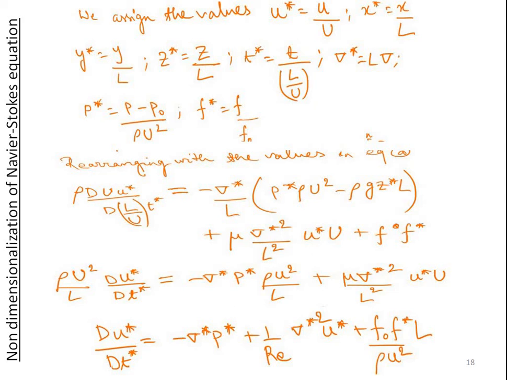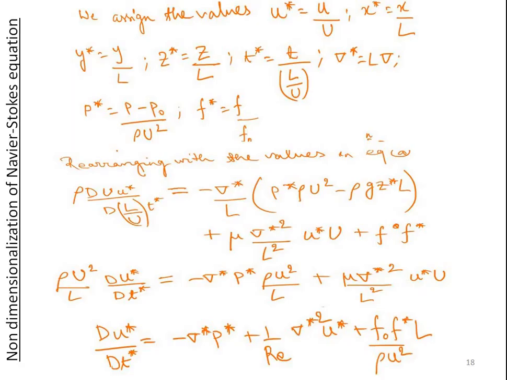So in this way, we reduce the number of experiments needed to get the idea of a flow problem, the flow field of interest. Where we would have to do thousands or hundreds of thousands of experiments, we just do a scaling analysis and bring down the number of experiments to hardly 10 to 15 or something like that. So we reduce the number of experiments to get the picture of our flow field or problem of interest. So there's a video of